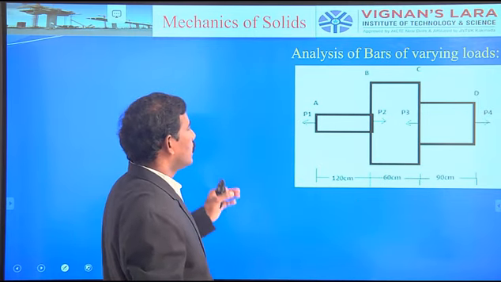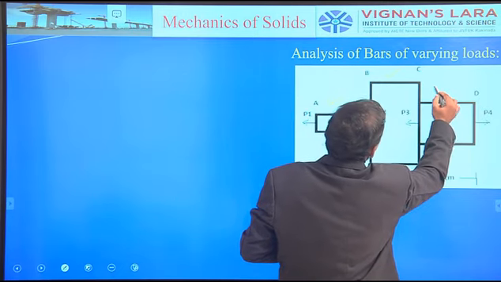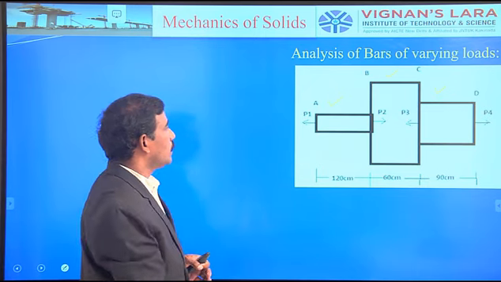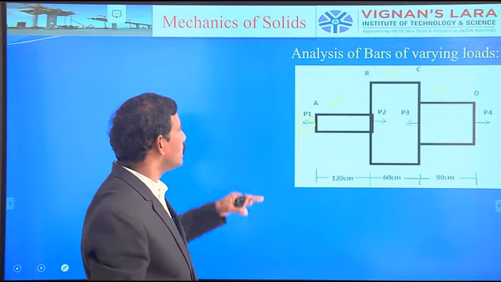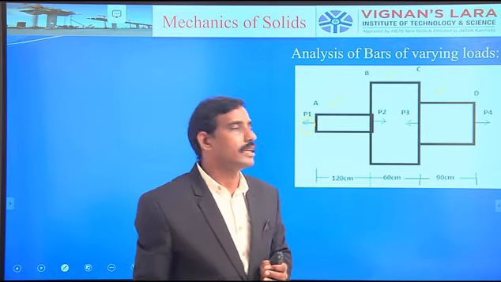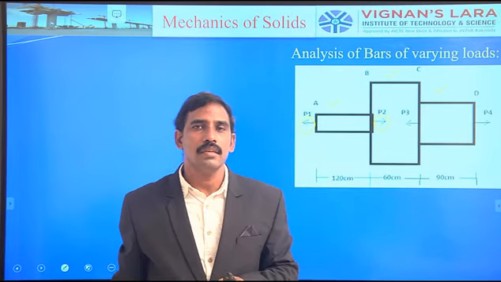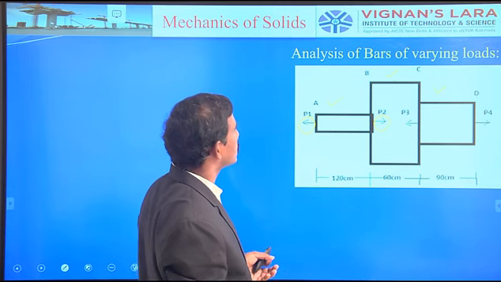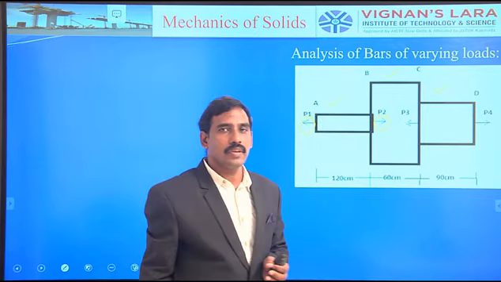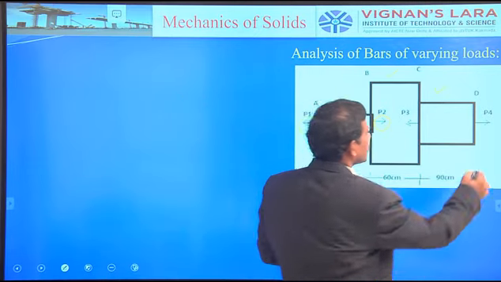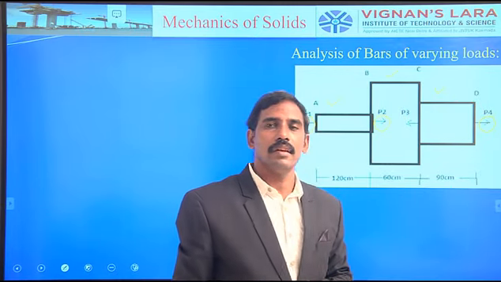That is very, very important. For our convenience, let us consider three portions AB, BC, CD. If you observe the force system, a force of magnitude P1 acts at A, tensile in nature, and a force of magnitude P is applied on the same body at B, again tensile. Then the portion BC is compressive in nature. Then, for the last case, a force of magnitude P acting at D is tensile in nature.